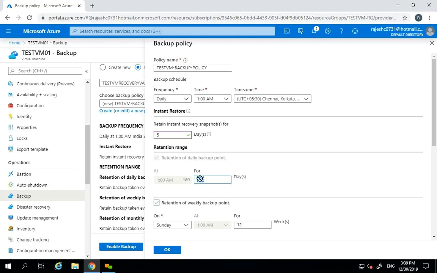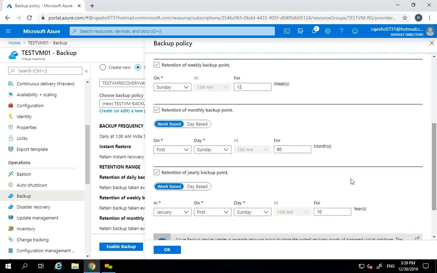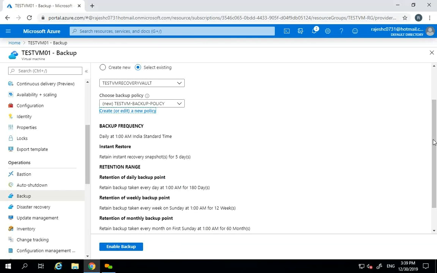Instantly. Okay. But this 180 days of data will be there in your vault. So you can feel that yes, my 180 days of backup is available in my vault. Okay, so I'll just click on save. Anyway, this is not used actually, because no one will use weekly, monthly and yearly backup, but